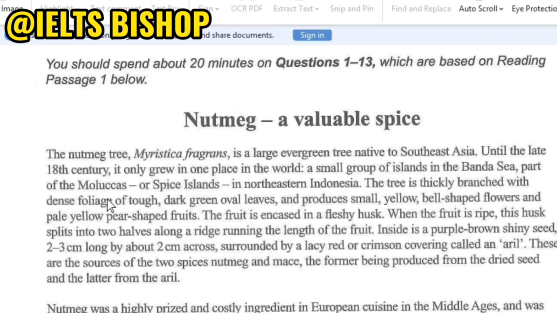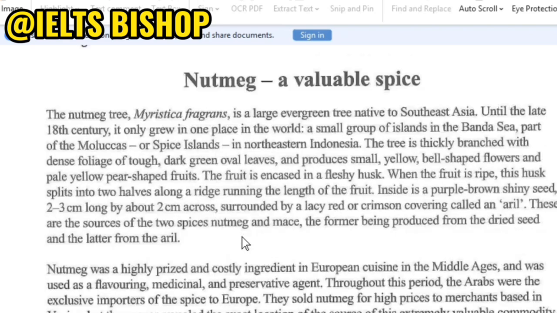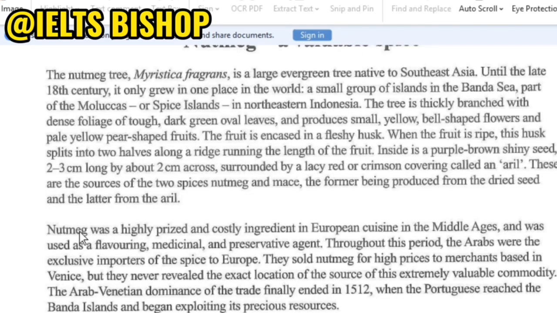In the first paragraph, I've not been able to see that. In the second paragraph, I can see nutmeg. I can see European, but this time they say European cuisine. In the Middle Ages, I'm seeing two. I'm seeing three. Although we have something a bit different, since we've already seen nutmeg, European, and Middle Ages,